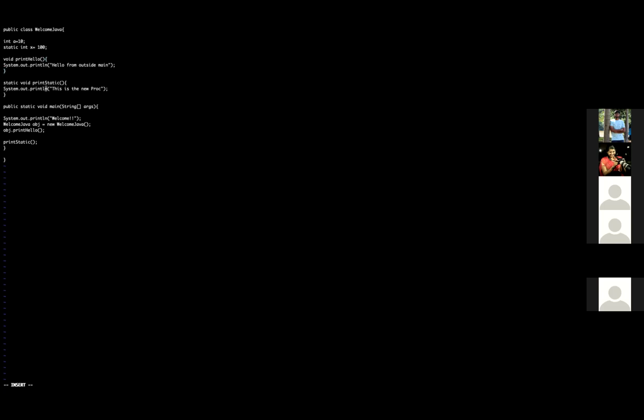Now in your main method, write system.out.println after print static, and now I want the A value printed. Don't write double quotes. Now I want to access the variable A, and right now it is not static. So how do I need to call that variable? Object reference dot variable. Yes, right. And how should I call the static variable X? Write system.out.println again in your next line and call the static variable there.